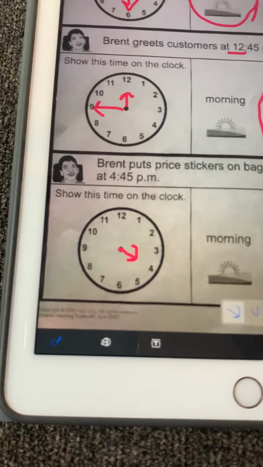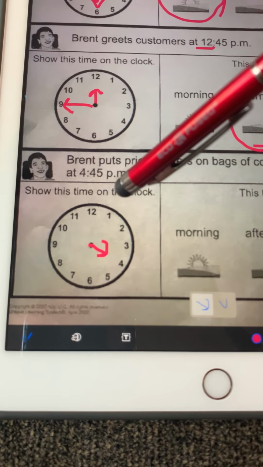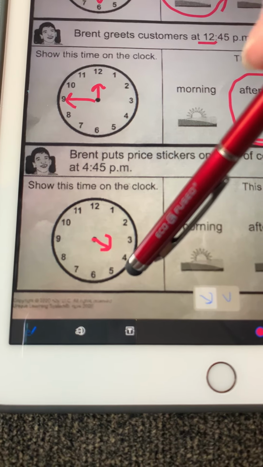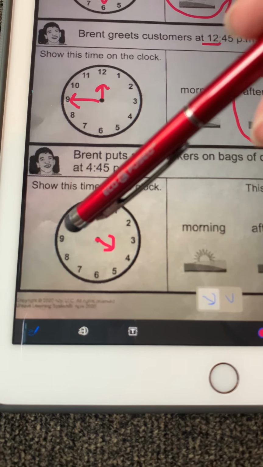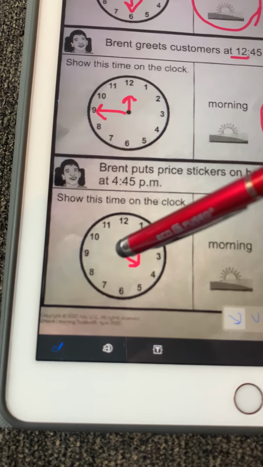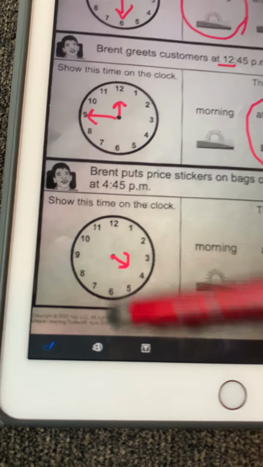And now we have to do our minutes, which is 45. So we're going to start with our 1 and count by 5s. 5, 10, 15, 20, 25, 30, 35, 40, and 45. The 9 is the 45-minute mark. So we're going to draw our